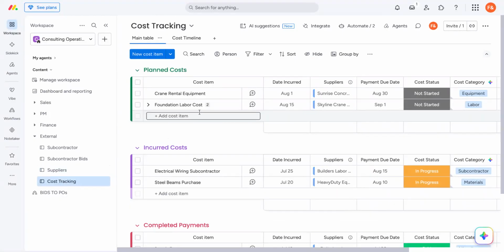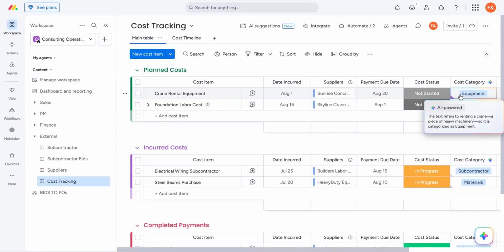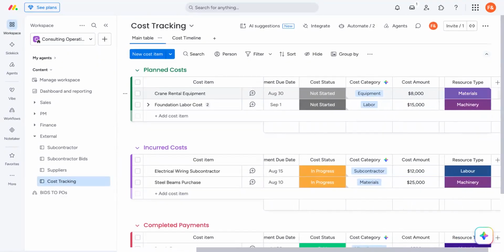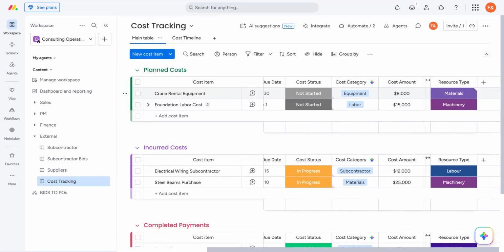If you're buying things from the suppliers, you want to know exactly what you're getting and how much these things would cost you. For instance, you can see that rental equipment is linked to a specific supplier. Then you're asking what category does this cost belong to. This is equipment, this is the cost amount, this is the type of resource, you have the resource type. So you really can expand